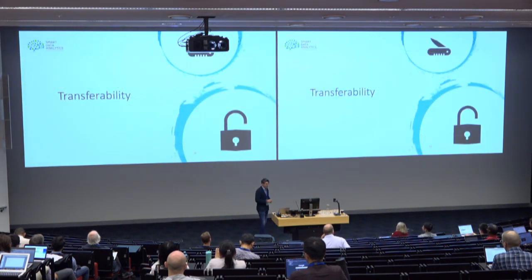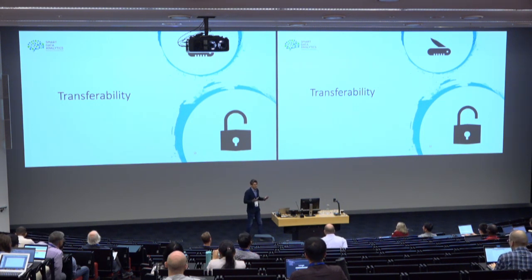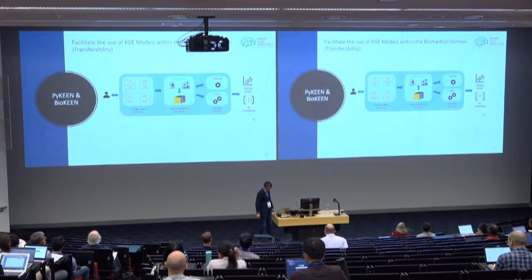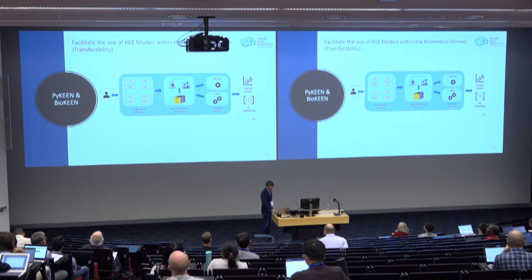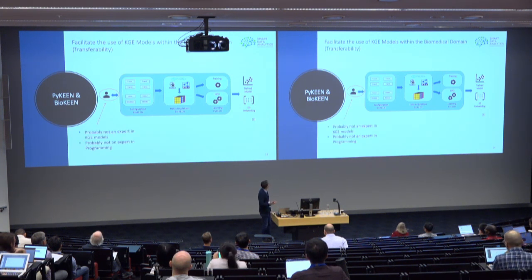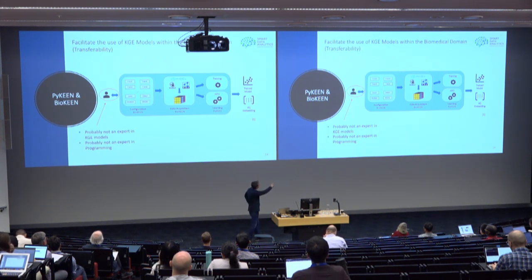Now we want to speak about transferability. How can we extend PyKeen for use in different domains? As one example, we target the biomedical domain, because knowledge graphs are the de facto standard to represent biological findings. And what was important here is to see what the aspects of the users are. Probably a typical bioinformatician is not an expert in knowledge graph embedding models, and is probably also not an expert in programming. So in PyKeen and in BioKeen, BioKeen being an extension of PyKeen, as we can see here,